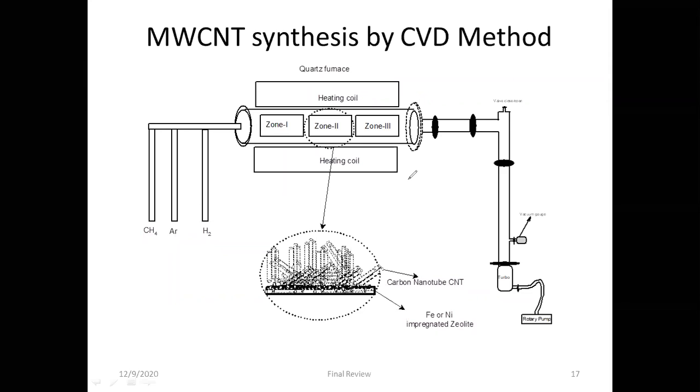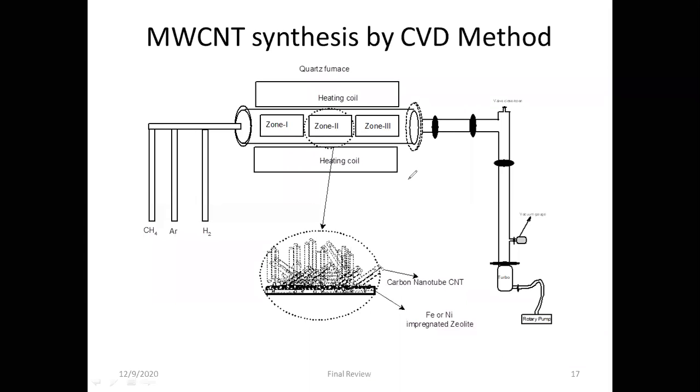In this method, we have taken a quartz tube and heated it up to 900 or 1000 degrees centigrade, and we have sent methane gas. The methane gas will be decomposed and will give carbon atoms, and the entire reactor will be saturated with carbon atoms. Once the reactor is saturated with carbon atoms, what will happen? The precipitation of carbon atoms will take place. That precipitation will take place in the pores of the zeolite,